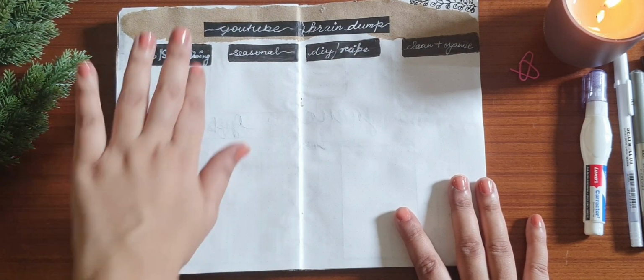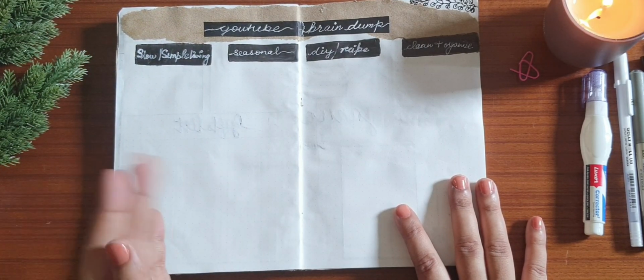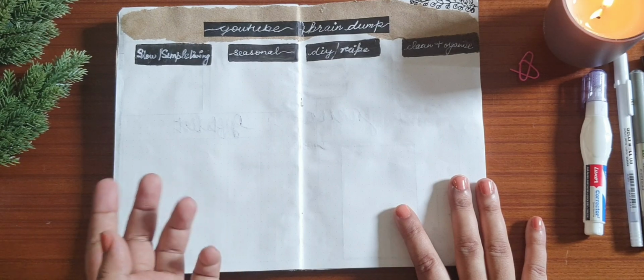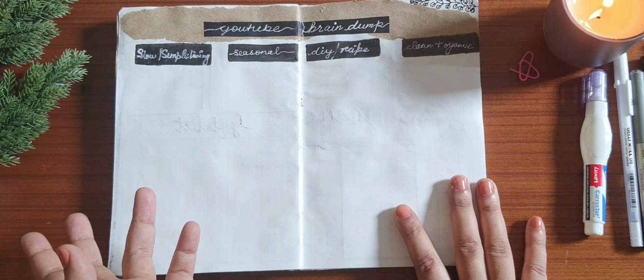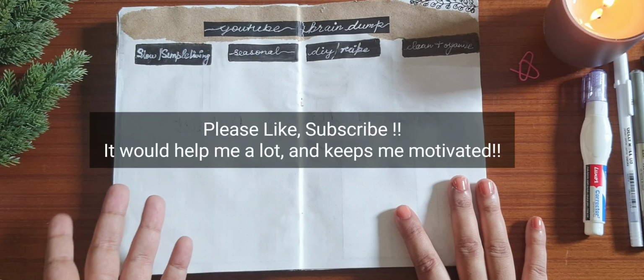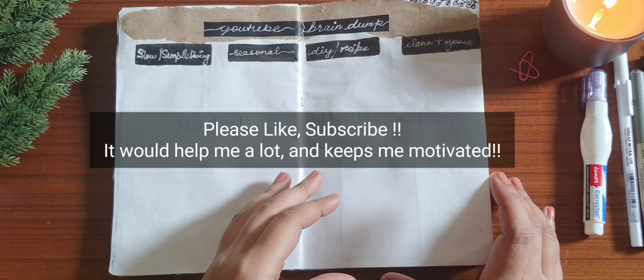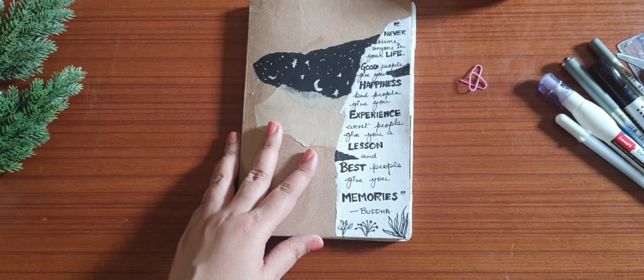So this particular spread might not work for you in case you're not a YouTuber, but this kind of a spread you can make for your work life also. So if you're a working mom, then you can have categories based on your work styles and things like that that you want to do at your workplace, initiatives that you want to take, or whatever field or domain that